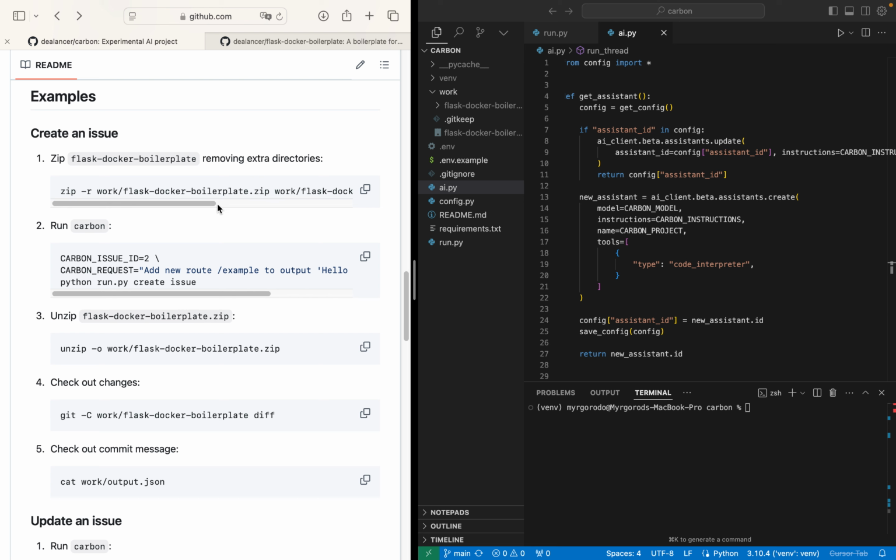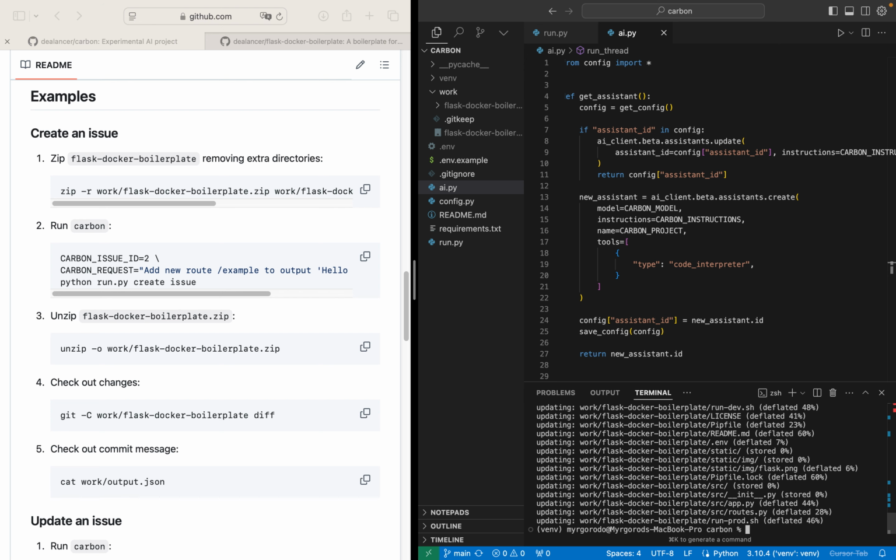So we have a project store in the work directory. Let's zip it. We're going to exclude some Git directories and Python cache directories. We don't really need to pass that. And now we're going to run the